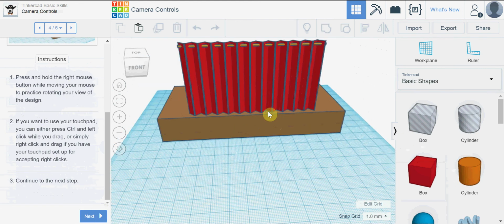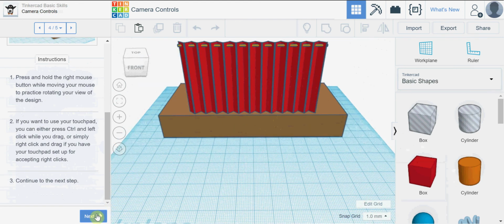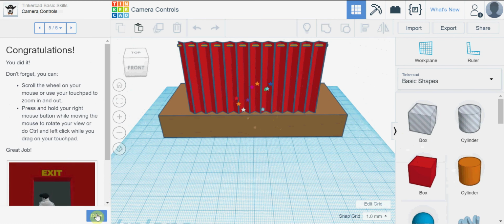And that's how you view and change the camera in TinkerCAD. So don't forget, scroll the wheel on your mouse or use your touchpad to zoom in. Press and hold the right mouse button while moving the mouse, or rotate your view with control and left click while you drag on your touchpad. We're going to move on to the next